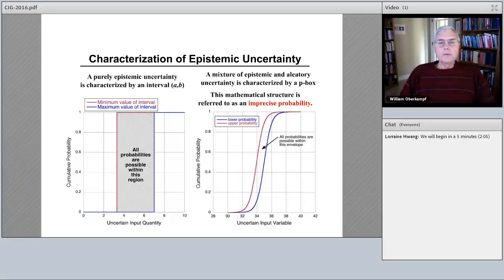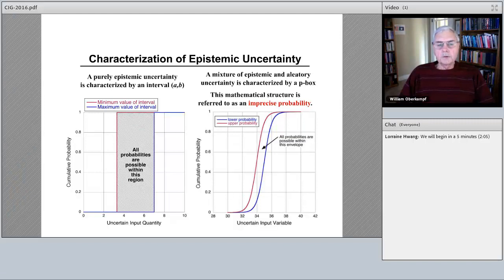And then if you have a mixture of epistemic and aleatory, which is the most common case, you actually have something that's called a probability box, or a p-box. And a p-box is a special type of imprecise probability structure. And this is a simple one drawn here for an input quantity. Suppose I have both variability and epistemic uncertainty, lack of knowledge,